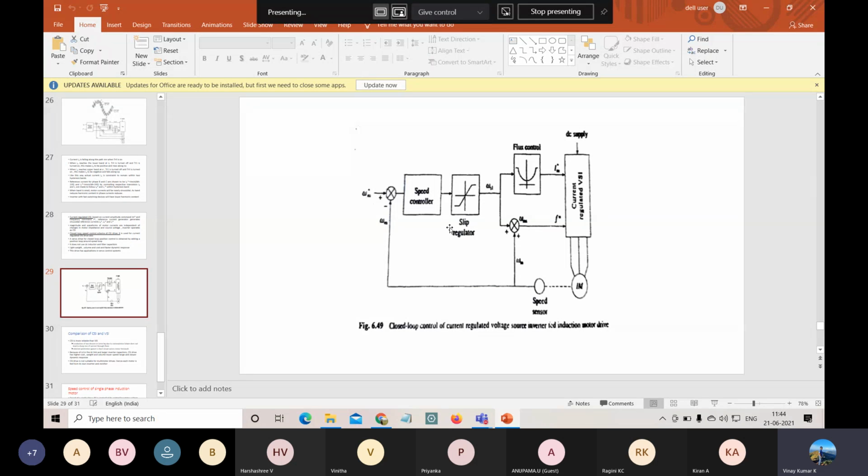Using the inverter, here we have the speed controller, the slip regulator, and the flux controller. These things will be standard. If you are going to control the speed of any machine, whether it is a DC motor, AC motor, induction motor or synchronous motor, whatever motor you take, at the time of modeling using MATLAB, if you are interested to model any DC motor,